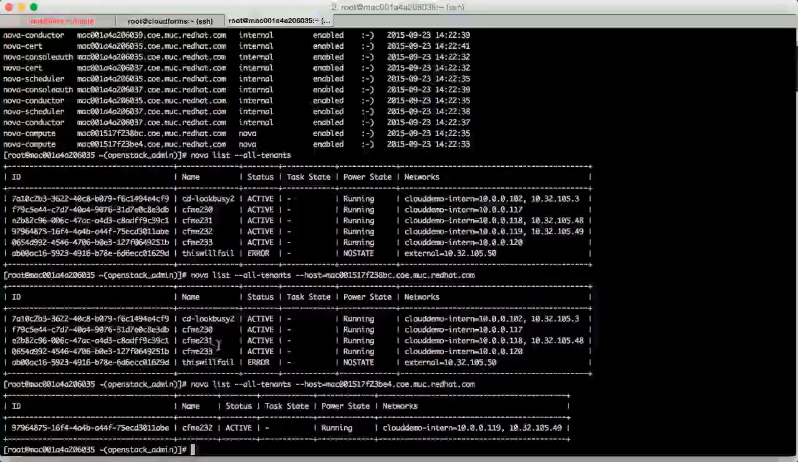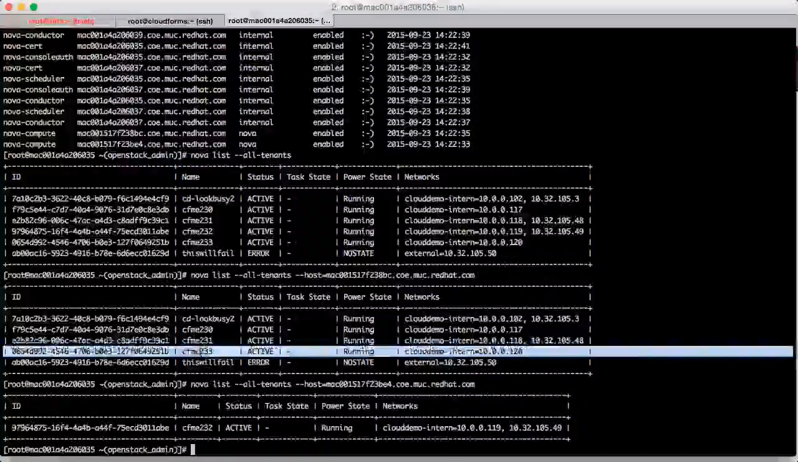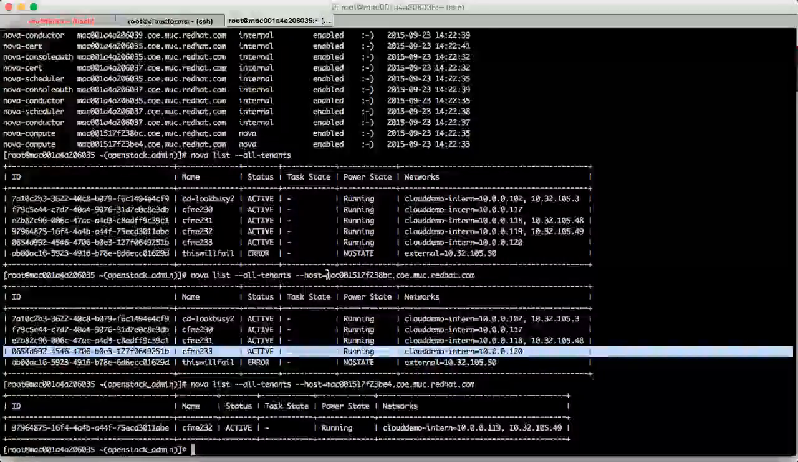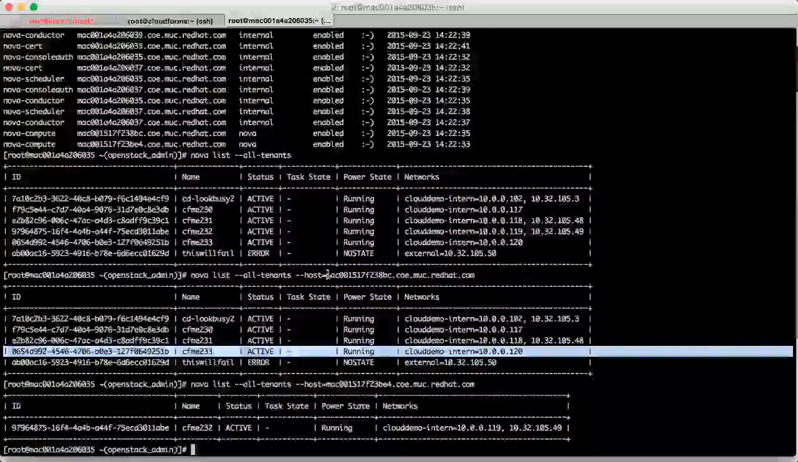And you can see the interesting one to me at the moment is this one, because it hosts CFME 233, and that was the last virtual machine that we requested that happens to be the Windows virtual machine. So let's look at, can we actually live migrate a running Windows instance? So what I want to do is disable the Nova compute service